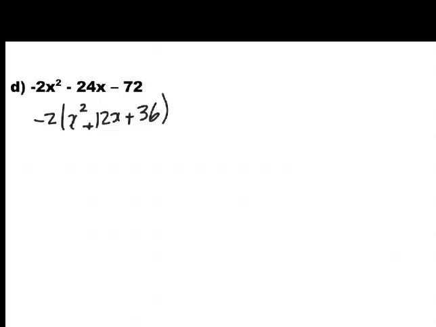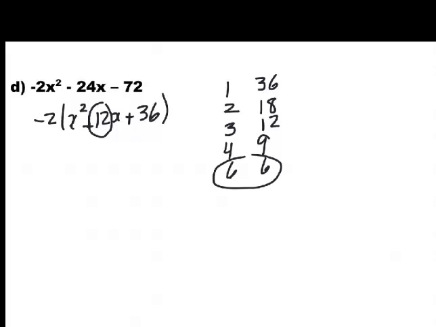The leading coefficient is 1, so I'm going to use sum and product. Two numbers that multiply to 36. These two numbers are 1 and 36, 2 and 18, 3 and 12, 4 and 9, and 6 and 6. Now, between these pairs, we have to find one with the sum equal to 12. 6 and 6 is the number. So I'm going to have negative 2 times x plus 6 times x plus 6, which gives me negative 2 times x plus 6